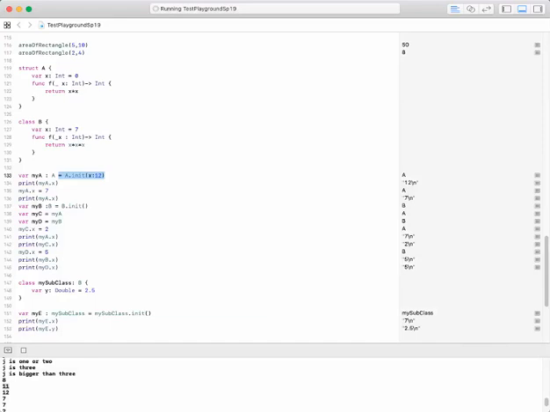Initializer, you get built-in initializers for free with structures. You can write your own initializers if you want, and I'll leave you to research that in the other references for Swift if you want to look them up. But this is just using the built-in constructor, which gives you arguments for each of the instance variables in the order in which they appear, named with their internal names. So this creates an instance of struct of type A, and it initializes its instance variable x to the value 12. And you can see that down here